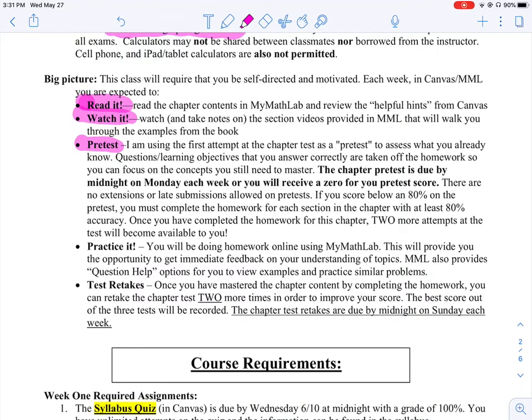And so the questions and the objectives that you answer correctly from that pretest are actually taken off of the homework, so you can focus on the concepts and ideas that you still need to master. That means the better you do on the pretest, the more preparation you do before taking that pretest, the less homework you actually have to do for that chapter. So you actually want to do as good as you can on that pretest